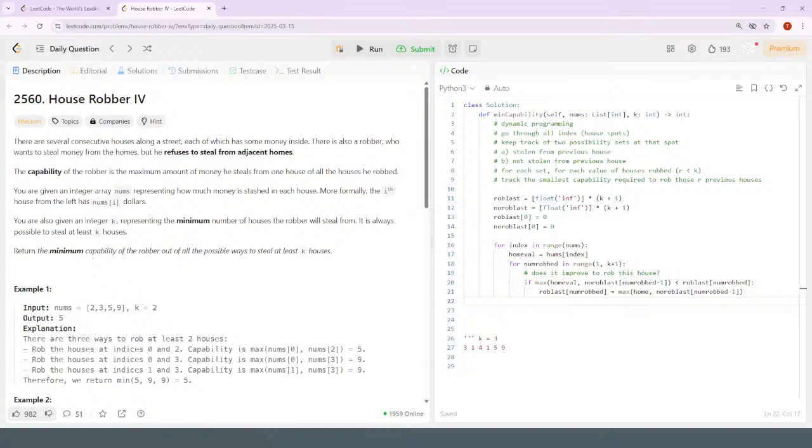So no rob last would mean that, yeah, if we didn't rob the last, if we robbed the last house, let's say rob last for any given number, then that can now be the update for the no rob last